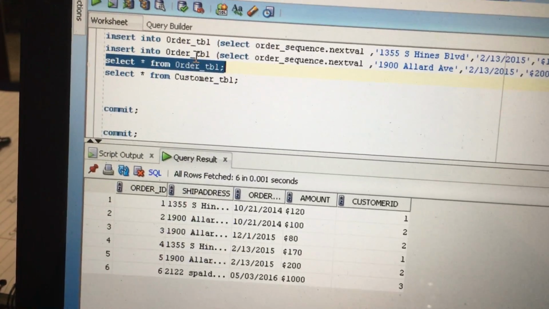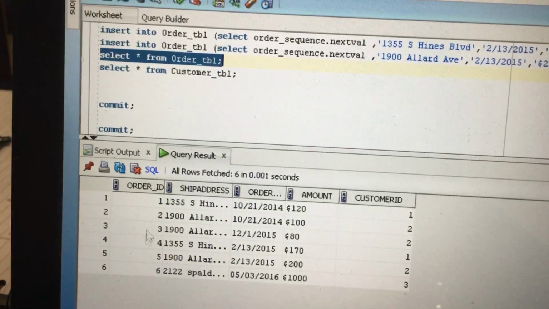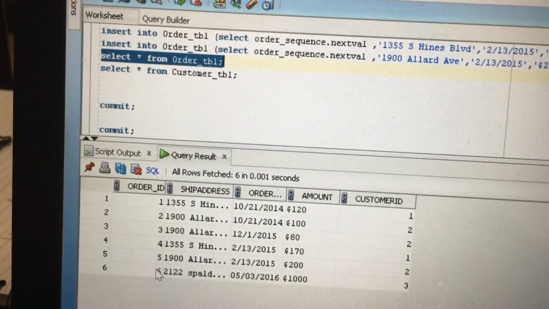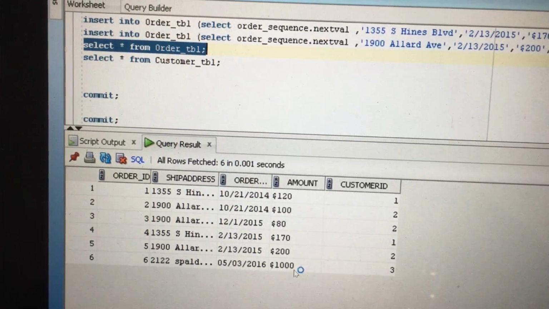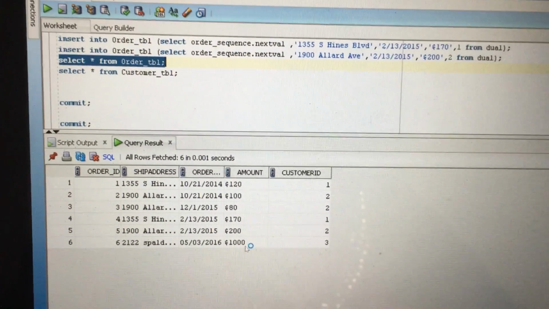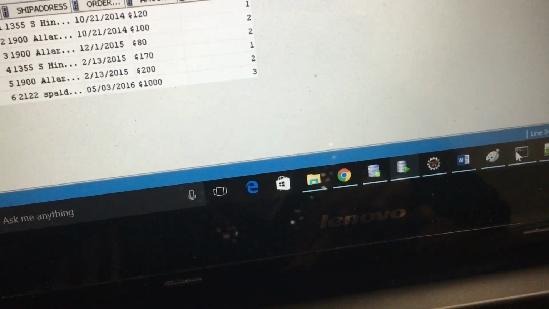I just ran the statement select star from order table, which gives list of all the orders. Here for my order of ID 6, it's now changed to $1000. Thus the update order worked in curl. So next